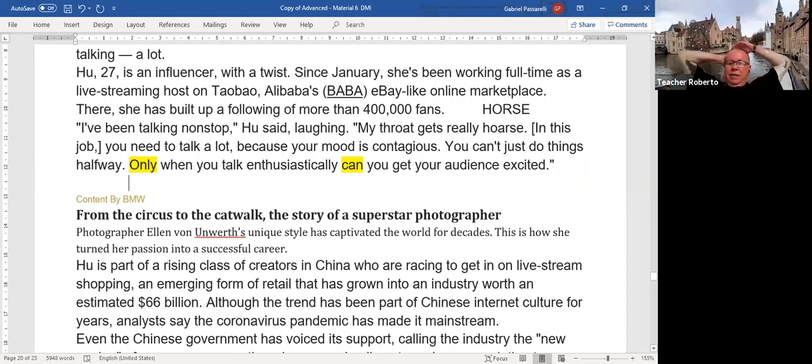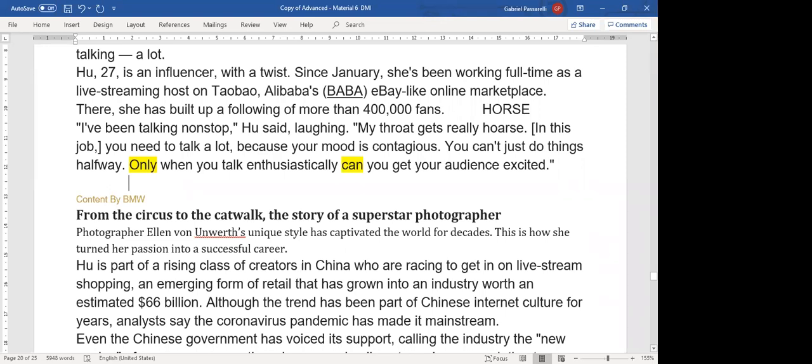So probably before COVID-19, the sales were not that high. But with the lockdown, everyone needed to stay home, okay? And then they started shopping online, and there was a boom in this business, understand? $66 billion is quite a lot of money, okay? Much more than we can possibly imagine, okay? Any other question about this or no?